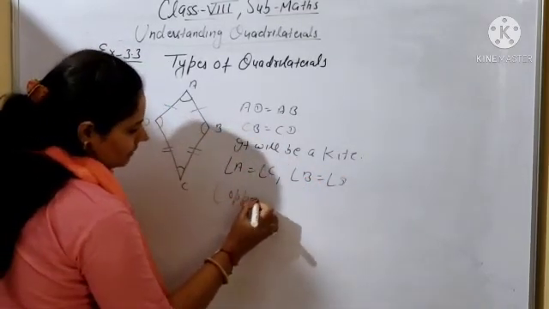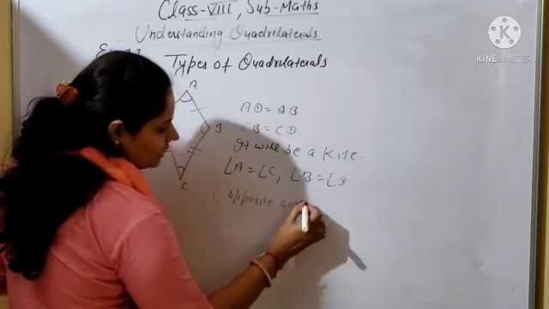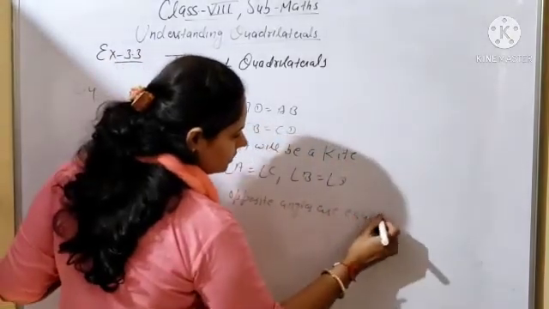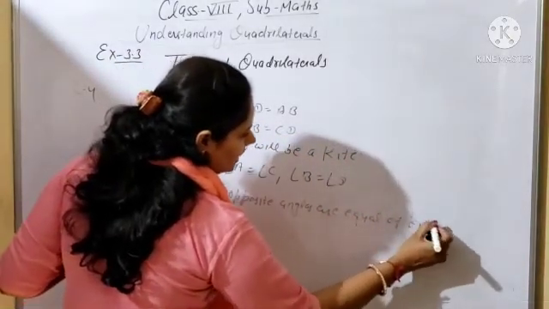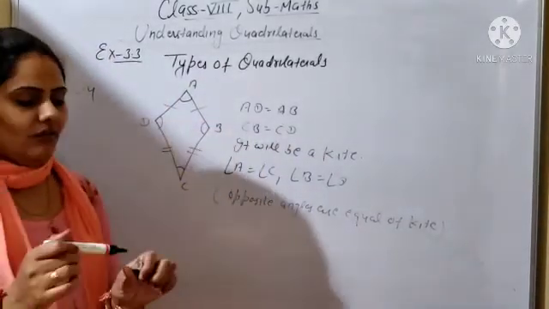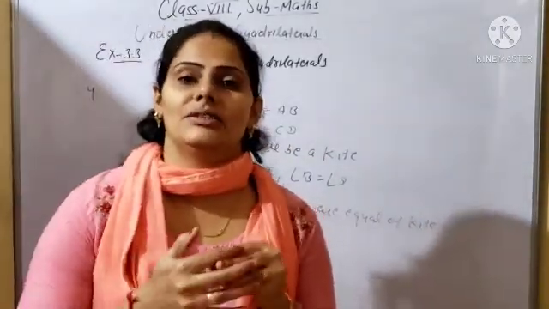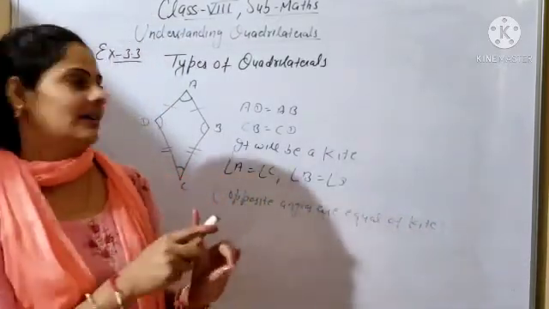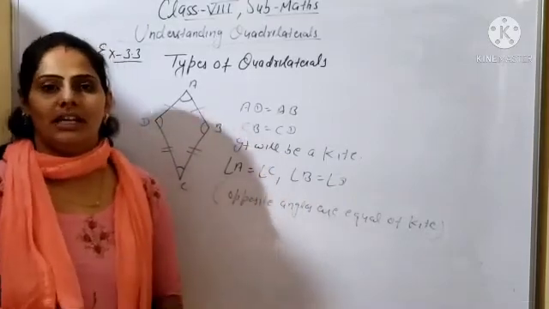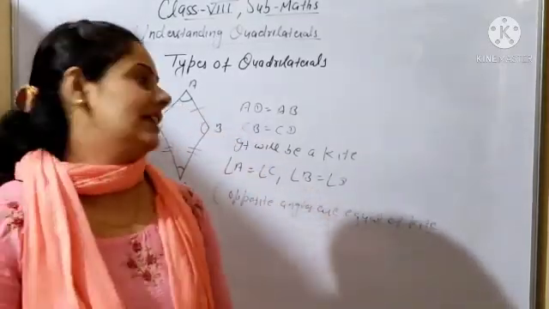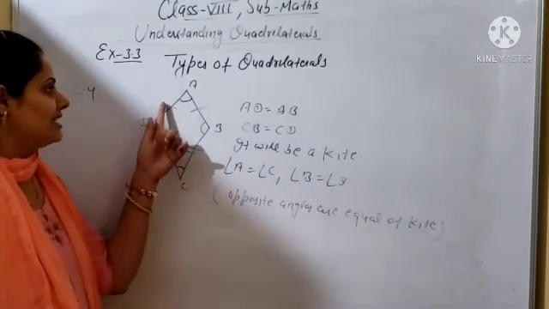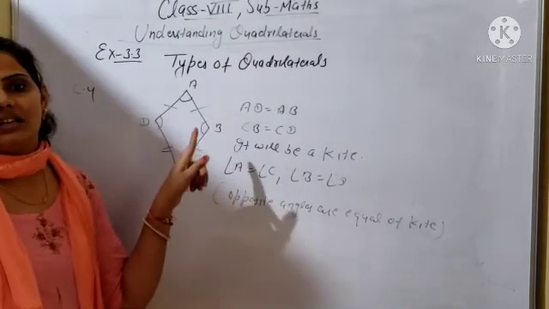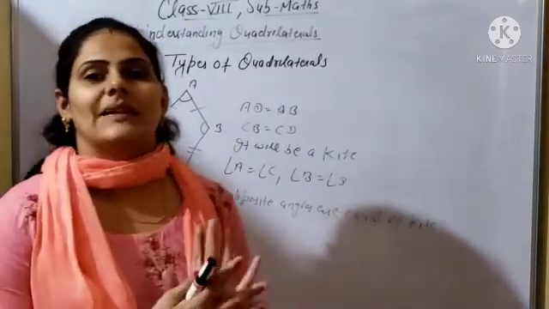Opposite angles of a kite are equal. Which type of quadrilateral will this one be? You have to make a quadrilateral that should not be a parallelogram, but opposite angles should be equal. Beta, this is not a parallelogram. What should a parallelogram have? Opposite sides should be parallel or equal. But here pairs of consecutive sides are equal, not the opposite sides. So this one will be a kite.